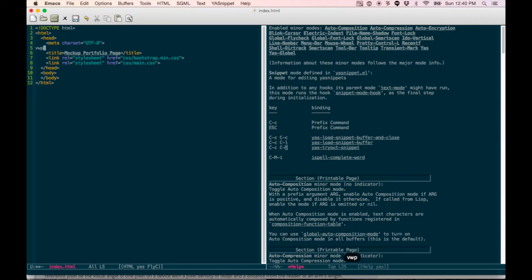Yeah. All right, so VWP and then just tab. All right. Boom. And then tab again to indent it. Awesome. Okay, what if we want to do something more sophisticated, like